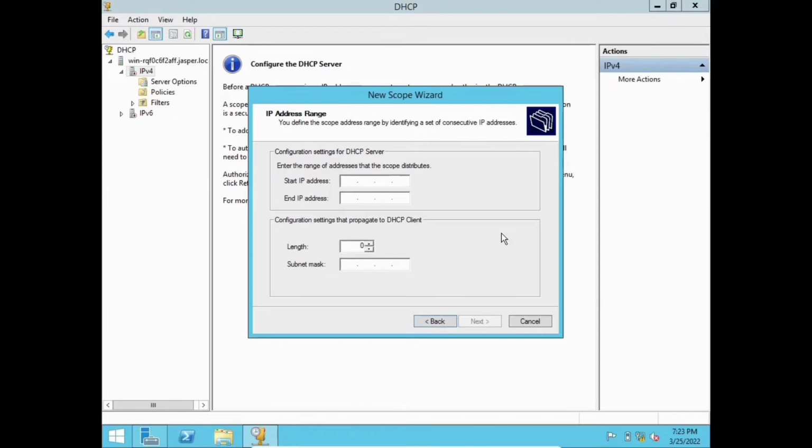So we need to enter the range of IP addresses that the scope distributes. My start IP address is 192.168.1.101, and my end IP address is 192.168.1.200. Then click next,